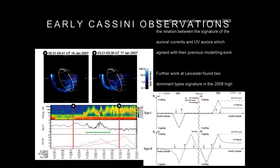That's exactly what is happening here. Same physics. And in this, B phi is the azimuthal component, the component that goes around the planet. We see these sharp changes, which is also the component where you would expect to see a tilt in the axis. And because we don't have a tilt, we can pick these out very clearly just by looking at this component. So this was published in 2008, and also in 2008